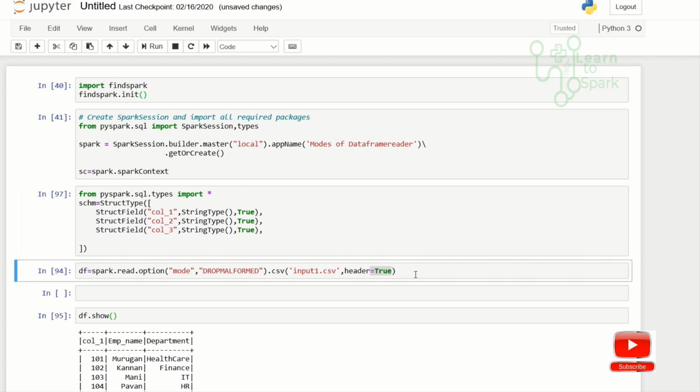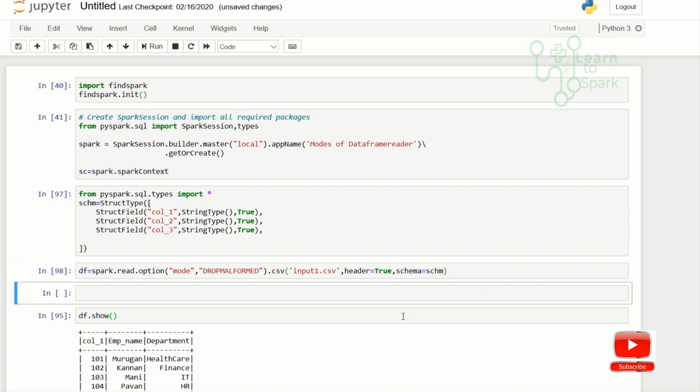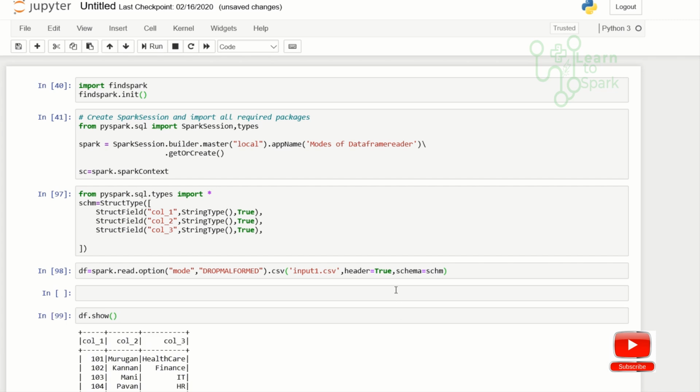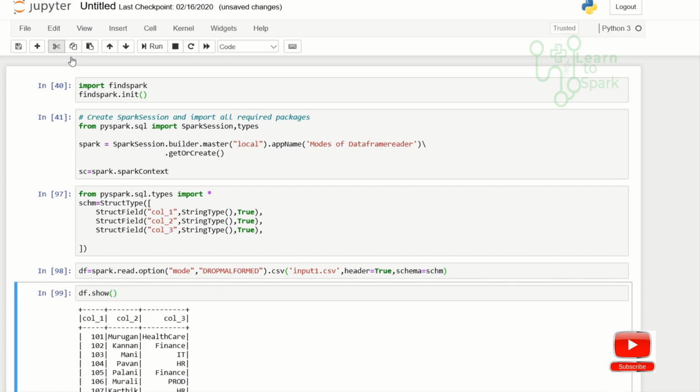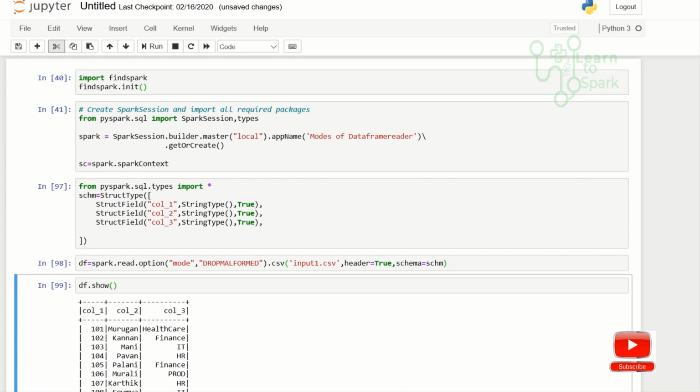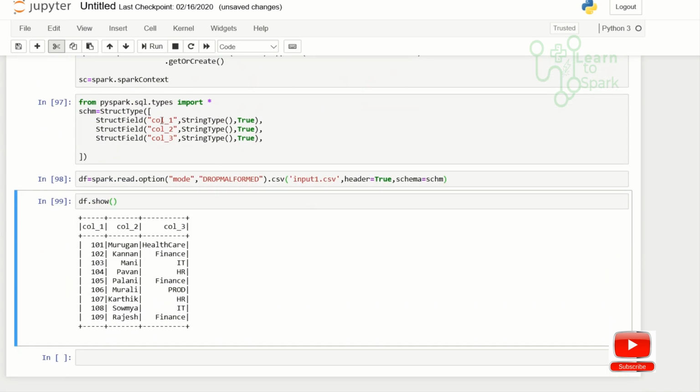Let me use that schema here. Let us check the output. You can see here the schema is inferred from the struct type that we have given, and also all the corrupted records have been removed.